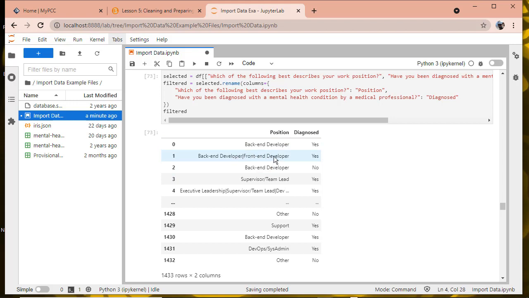The main thing that I want to do is get rid of all of these positions where the position is multiple positions with a bar. So basically, backend developer is a position, but then some people are both backend developer and front-end developer. So there's a bar in the string, and then this person's executive leadership and supervisor slash team lead and developer and so on. And if I kept all that data, I would have to figure out what I was going